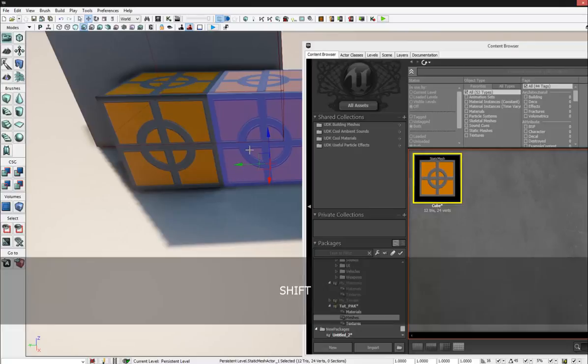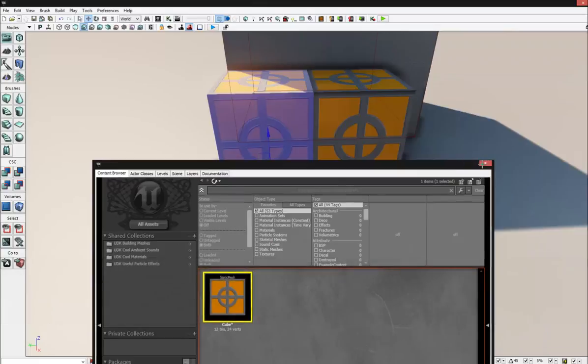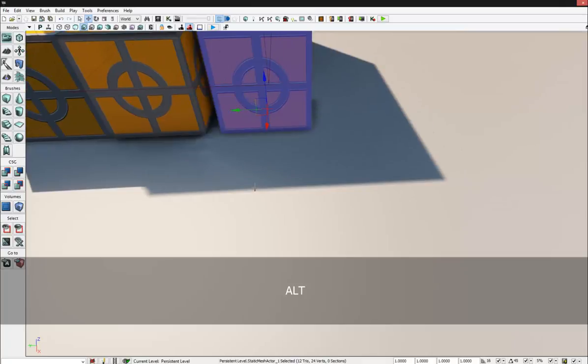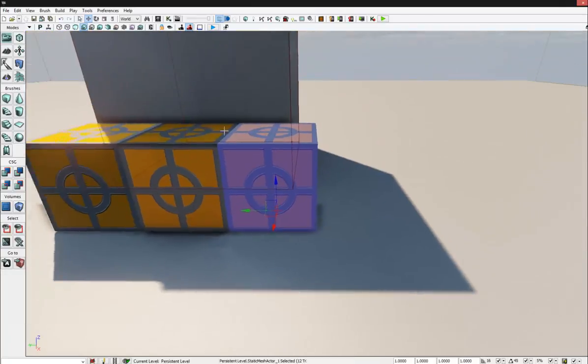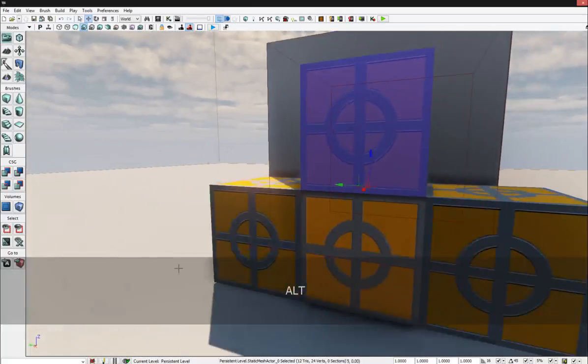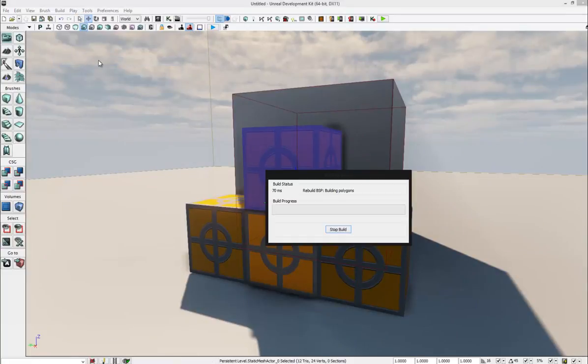So we can hold the, I believe it's the shift key, nope, control and shift, yep, alt and shift, sorry, and we can make a copy, build this up, and then we can go to build and build out. Once this is done, our asset would be correctly imported. It would have had the materials applied to it, the level would be built, and the lighting information should display correctly,